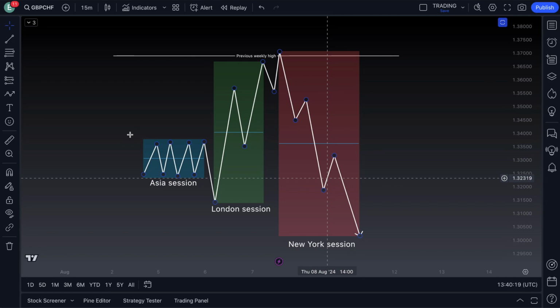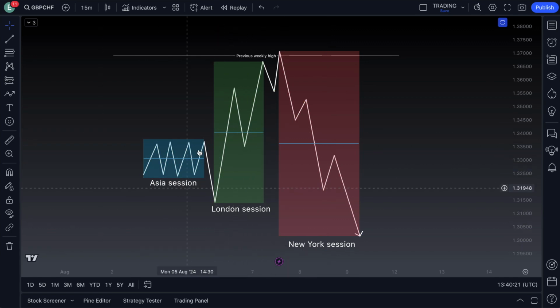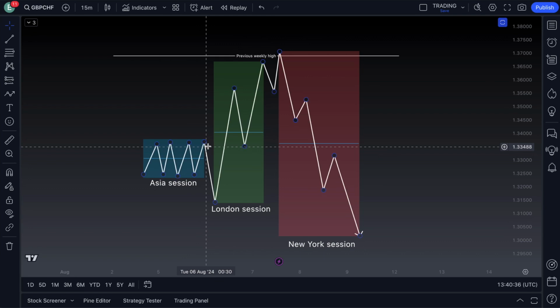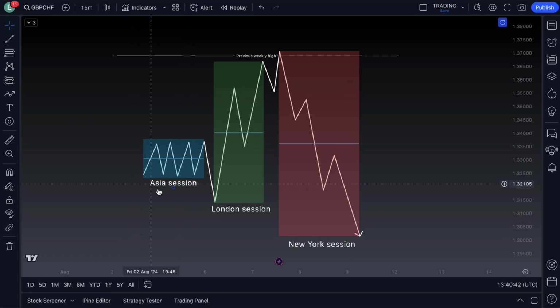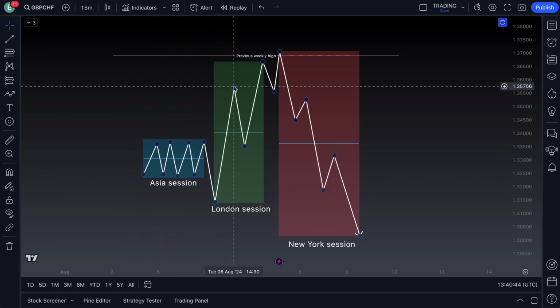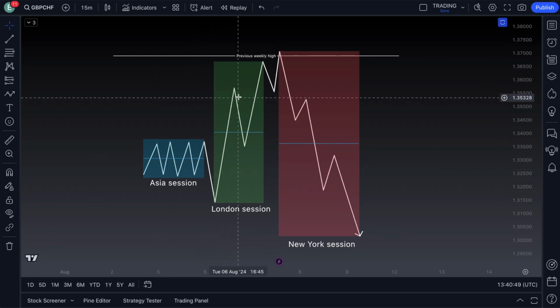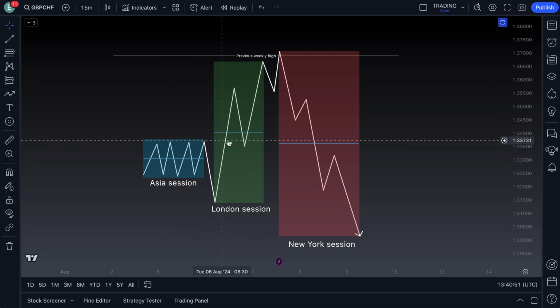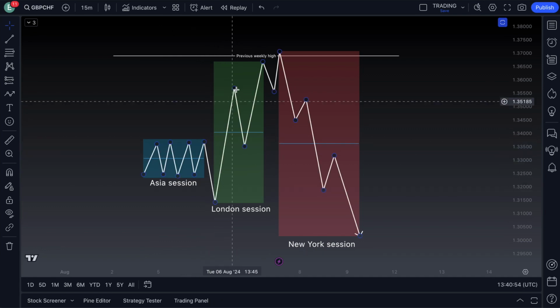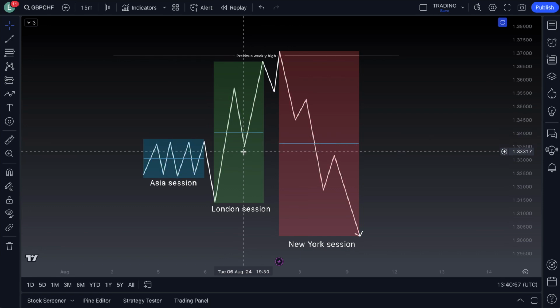So how would we trade this? Say we wake up in the morning, we see Asia session has consolidated. And as we wake up, London trading has opened. We see manipulation down, sweeping Asia liquidity. We then see a break of structure. The sweep has now caused a break of structure, closing above Asia high. We would then wait for a retest into the Asia consolidation. We would enter our buy positions from here, and we would ride.